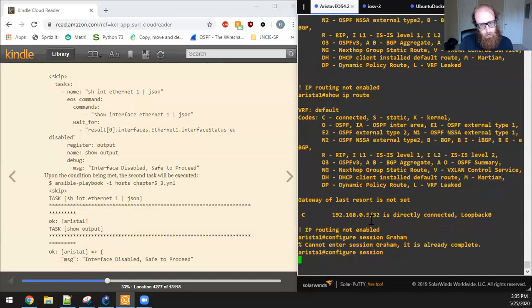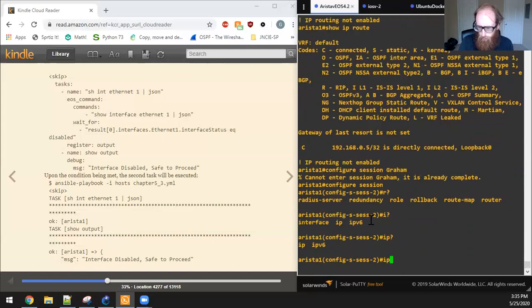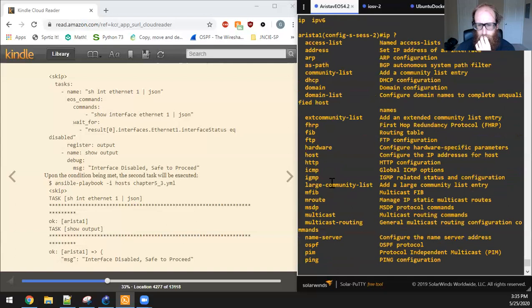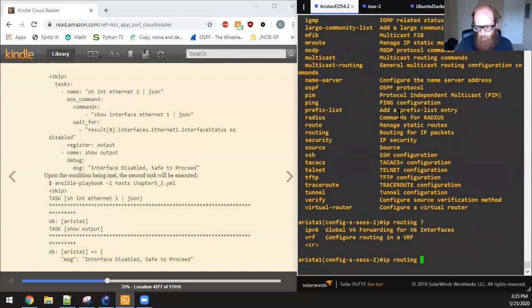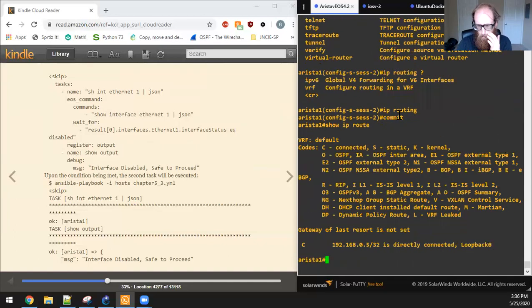All session names have to be unique. Okay, so that message disappeared. For most